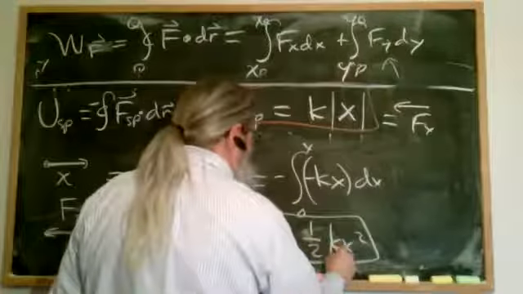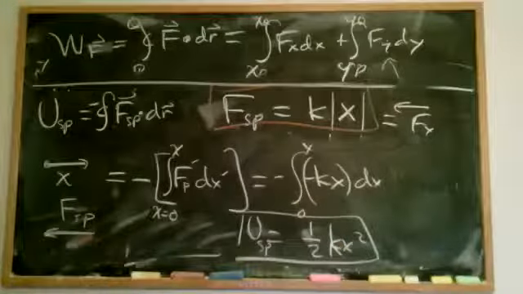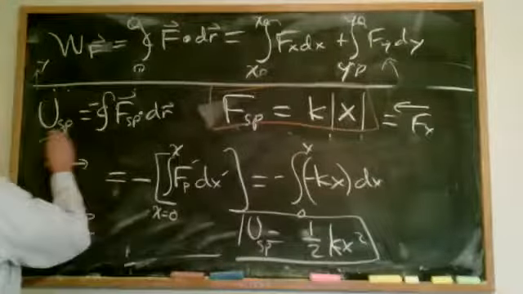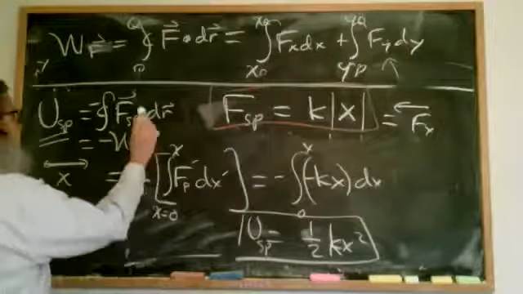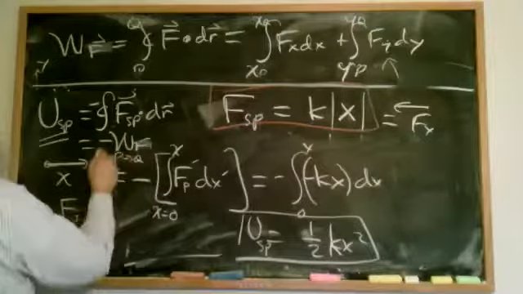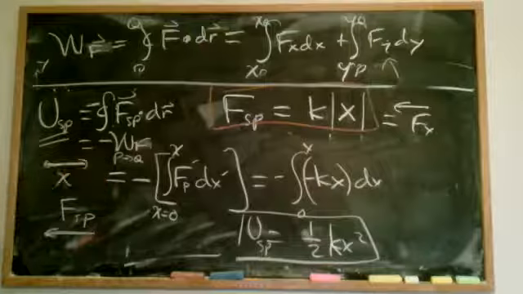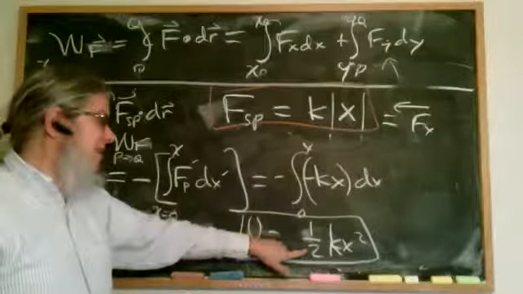Professor, can I ask why there's a negative sign in front of the path integral? Well, because remember, this is the definition of potential energy, which is equal to the negative of the work done as I go from P to Q or whatever it is. That's why I said, oops, forgot the negative sign. That's where it goes. And you see it needs to be there because this is a positive potential energy.